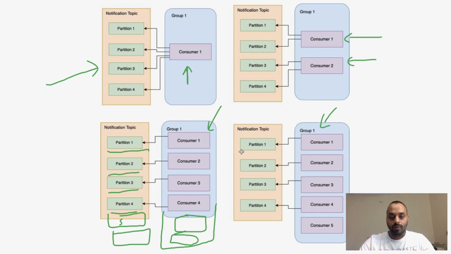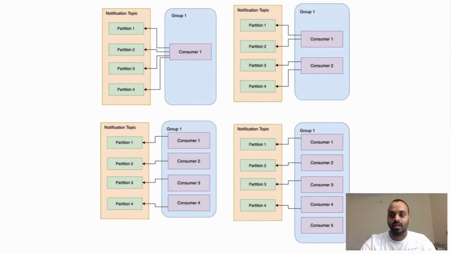We have four partitions, and let's say we have five consumers. Four consumers will be consuming from the four partitions, but the fifth consumer will be sitting idle. It will not get any data from any partition, because all of these partitions are already booked and already have consumers. If some consumer dies, let's say consumer 3 dies, then the idle one starts reading from that partition. This can happen, but you can have at most as many consumers as the number of partitions.